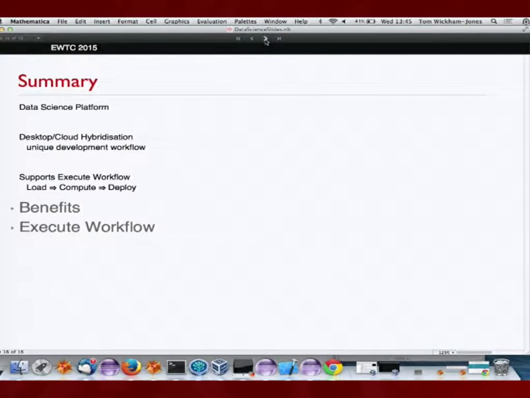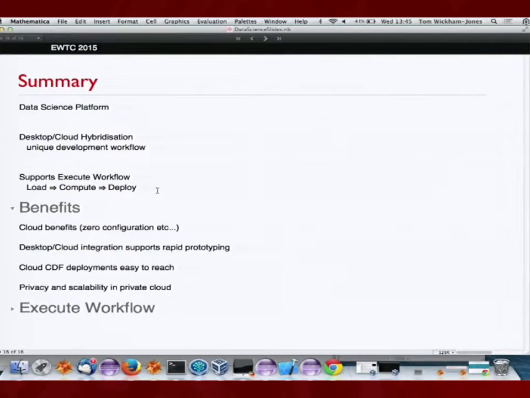So I'll just summarize, and then we can end. The data science platform is designed to optimize data science workflows, taking data science functions from the Wolfram language. It makes use of the desktop cloud hybridization features that we have, and it takes advantage of a lot of cloud benefits like zero configuration, but in a private cloud we also get privacy and scalability,